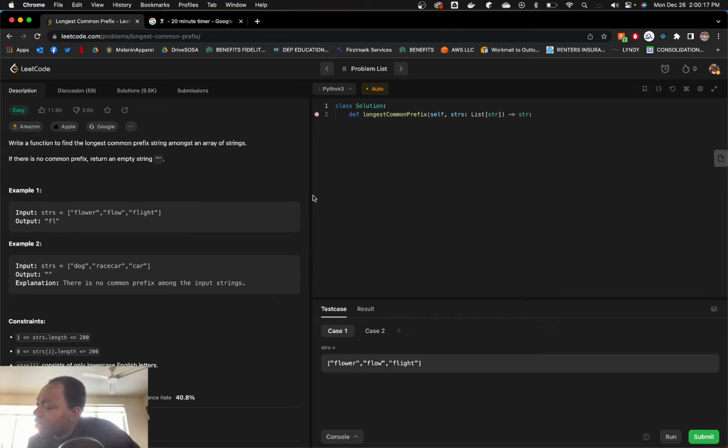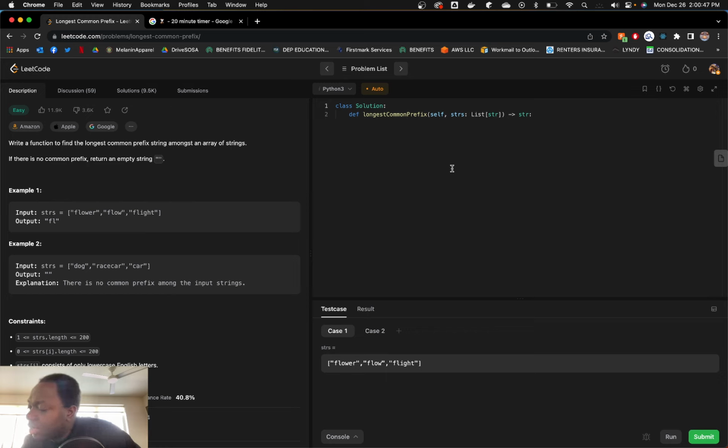I really want to say less than, not equal to, less than. What am I saying here? So pointer is stepping through the shortest word, right? Because we can't have a prefix longer than the shortest word. Does that make sense? And so then we say for i